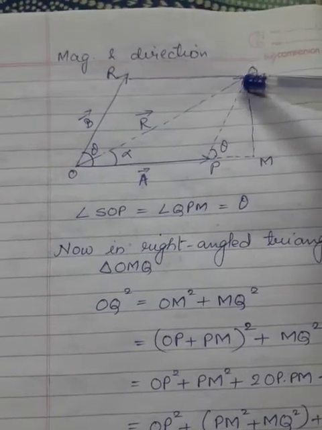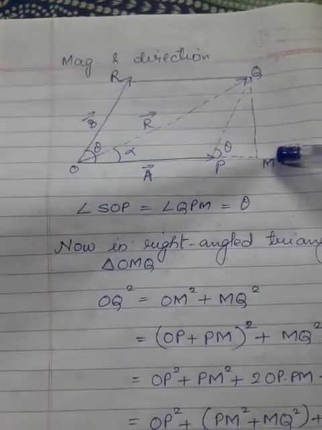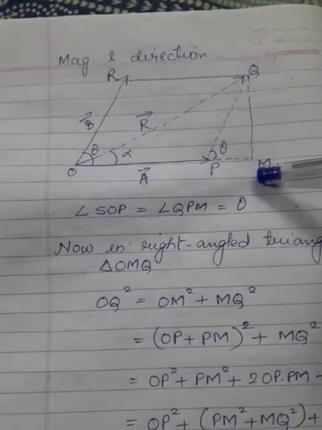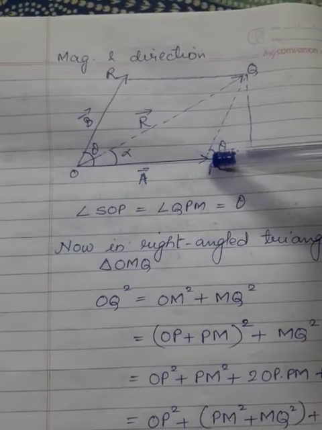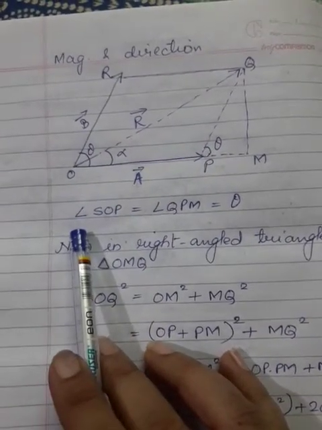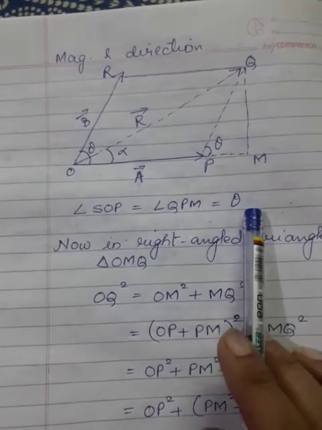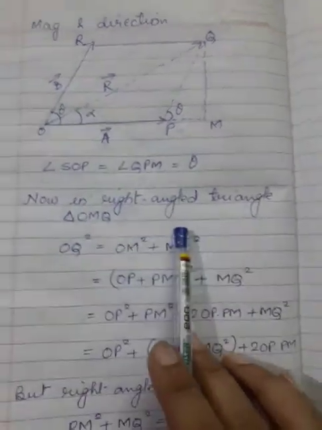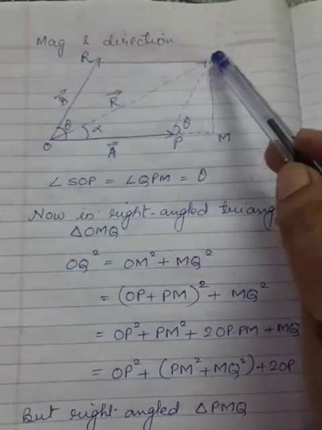Draw a line perpendicular and extend the base. You will get M, which is in front of angle theta. That means angle SOP is equal to angle QPM is equal to theta. Now, considering the right angle triangle OMQ,